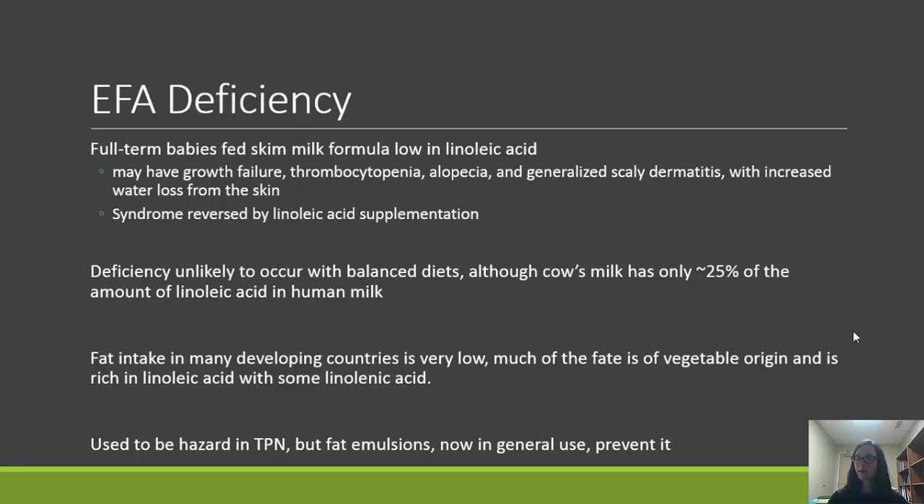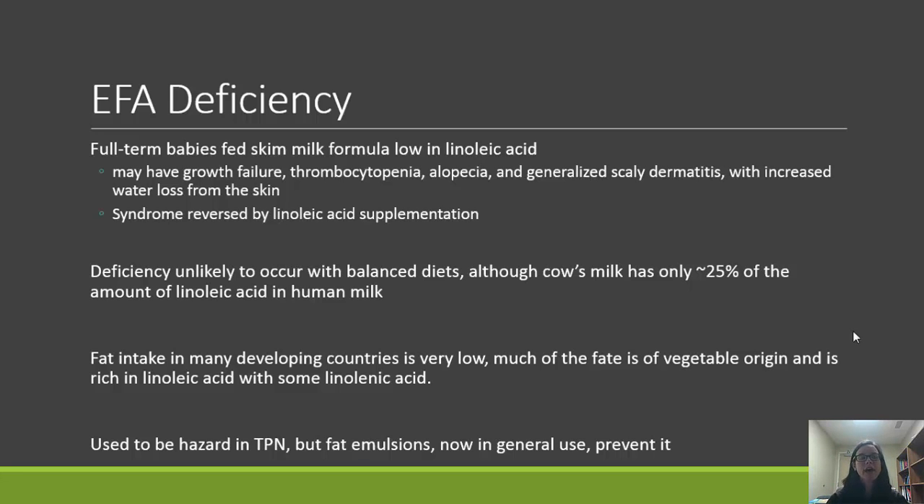So one place that we might see essential fatty acid deficiency is in full-term babies that are fed skim milk formula that is low in linoleic acid. Okay, so this is really why we say if you're not going to breastfeed, you need to formula feed. And skim milk formula, yes, maybe we've seen this in the past, but this is not in practice now. Now we know that these fats are really important for